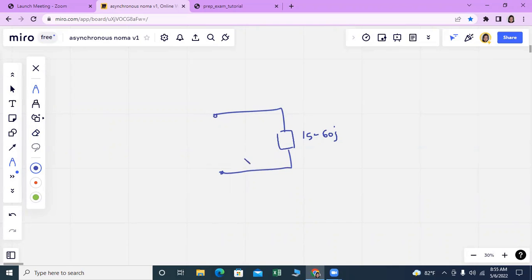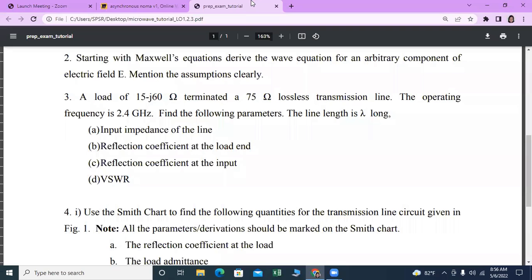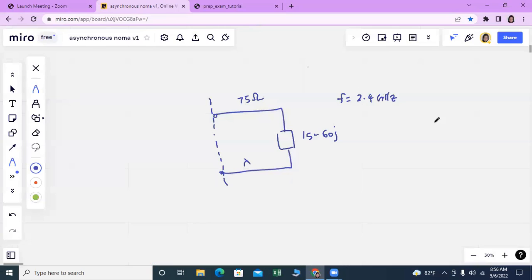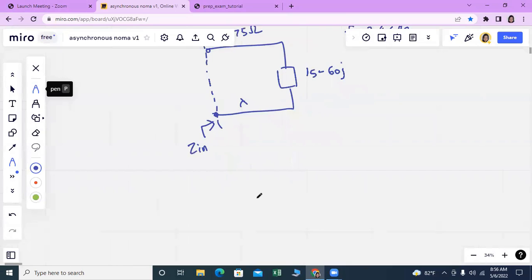And the length of the line towards the source is lambda, and the characteristic impedance of the line is 75 ohms, and the frequency is 2.4 gigahertz, and I think that's all. And we are asked to find the input impedance. So this is the input point, and the input impedance of this point is given using that equation that we learned,